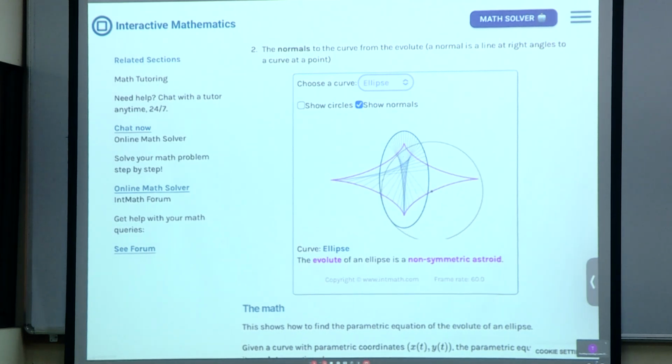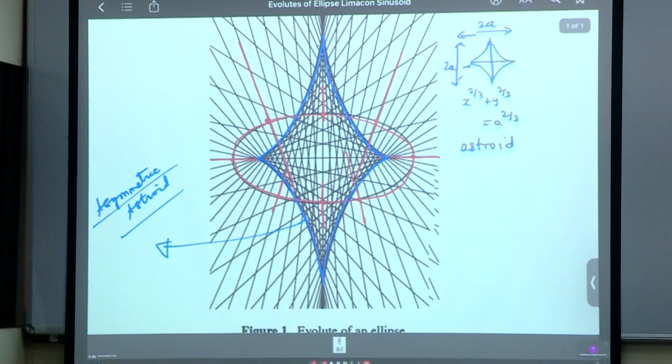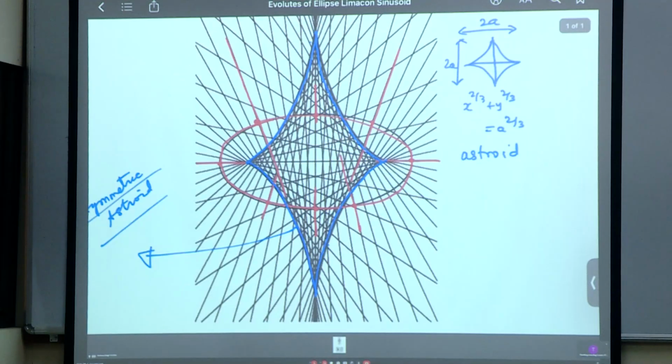Why is this happening? This is happening by itself, that's one thing, but why does this happen? So look at this. As I have told you, there is this red ellipse, and then I draw these black normals, and then suddenly this blue colored asymmetrical asteroid shows up. And I am telling you that of course these points on the asteroid,